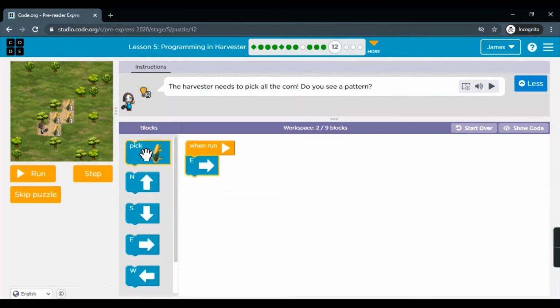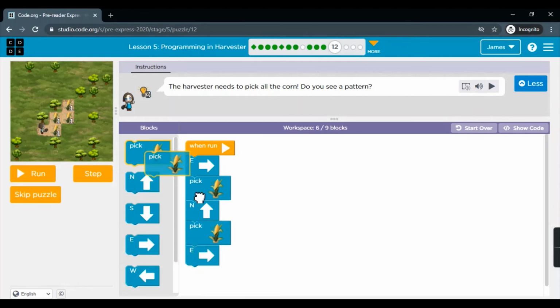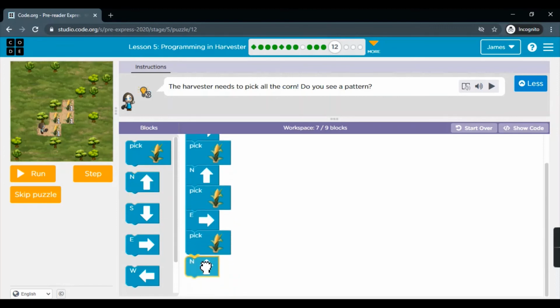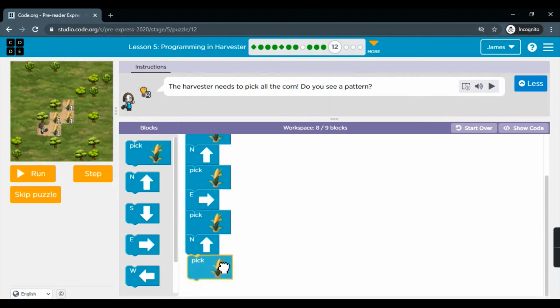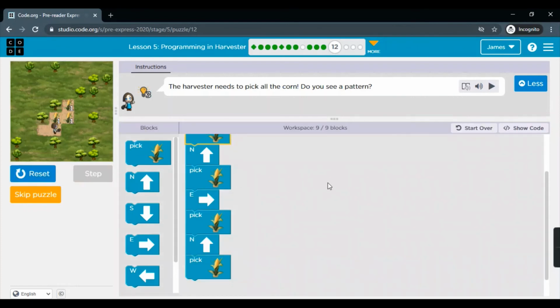One block east, pick, north and pick, again east and pick, and then north and pick. That's it. Let's run it. You can debug using the step button as well.